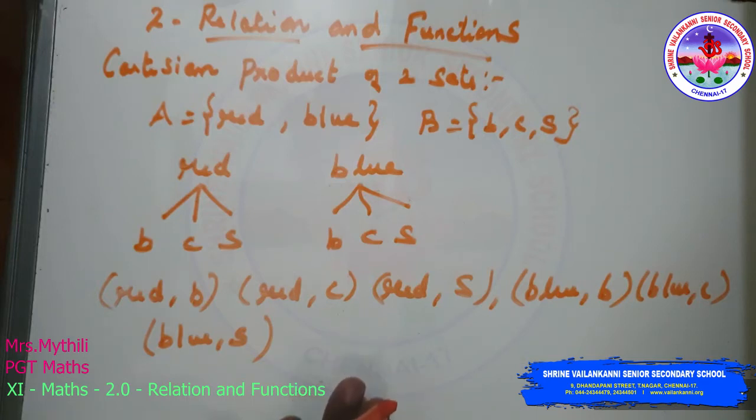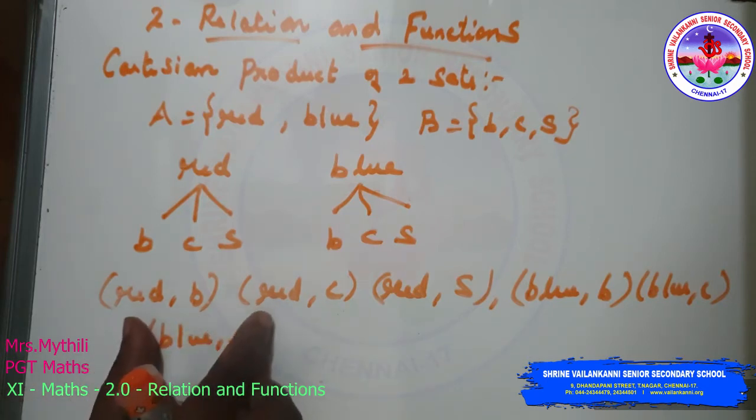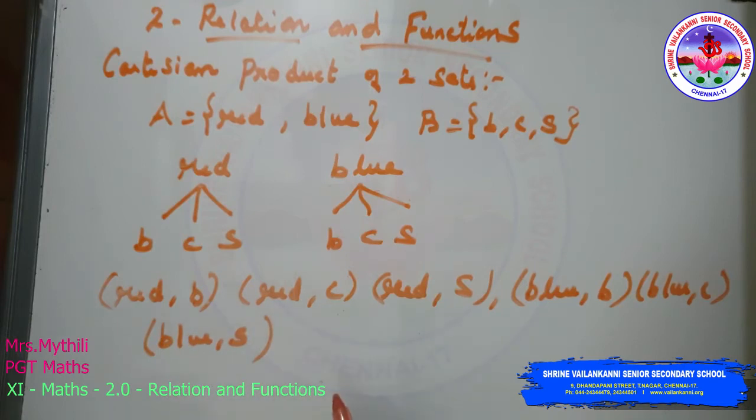Let us recall from our earlier classes that an ordered pair of elements, x comma y, taken from any two sets P and Q is a pair of elements which is written in brackets grouped together in a particular order. Suppose p and q are the elements, it is written as the ordered pair p comma q in small letters, in which element p belongs to capital P and q belongs to capital Q, where P and Q are the two sets.